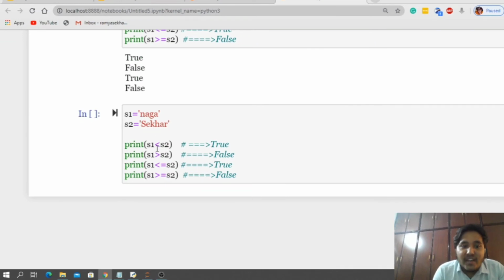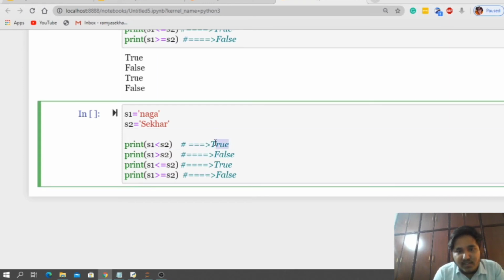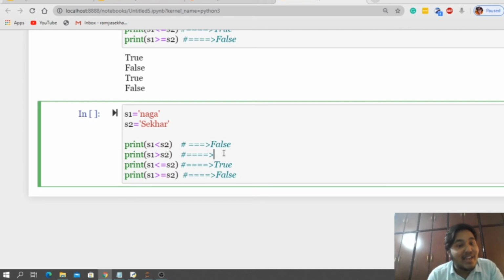So here, is s1 less than s2? No, it is false, because s1 is 110 and s2 is just 83. So I am getting false as an output. What about s1 greater than s2? 110 is greater than 83?